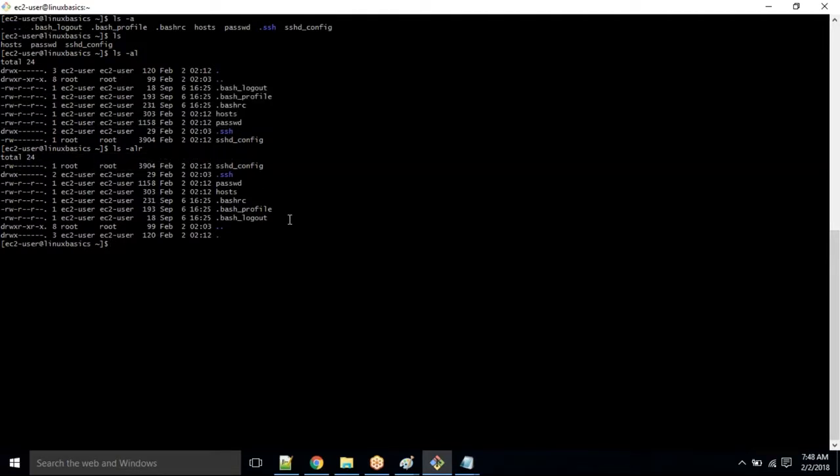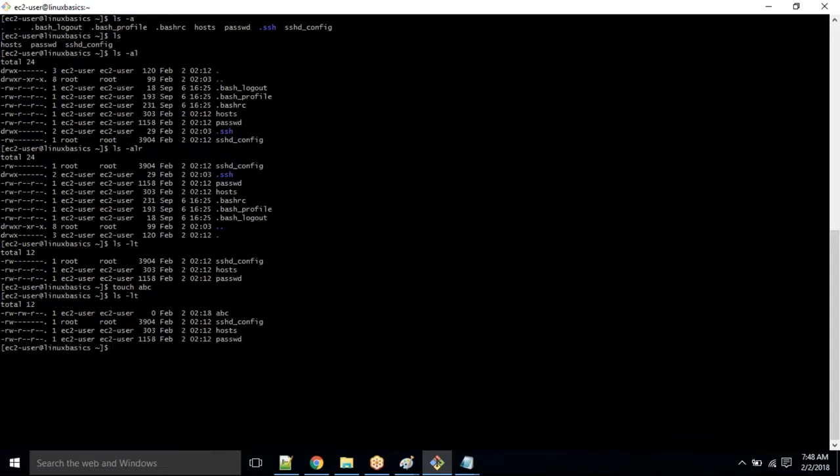If you want it based on the time it was created, ls hyphen l means long format, t means time. Just one more option we are enabling. What is it giving? Okay, all the files I created at the same time, so you cannot see the difference. Now I'll just create one more file. Now if you give ls -lt, it is giving you the